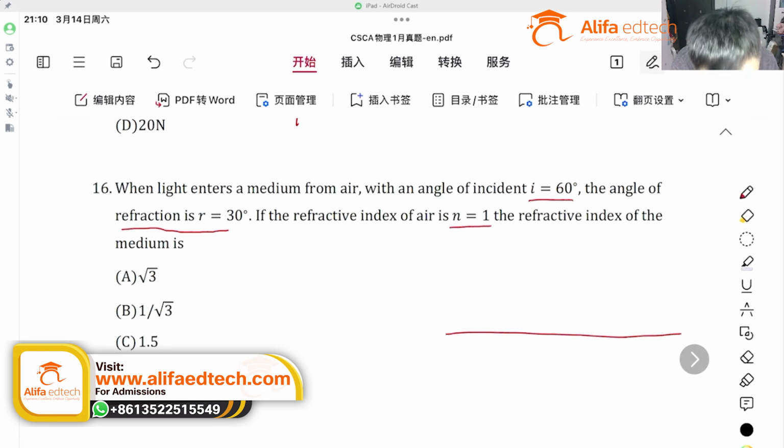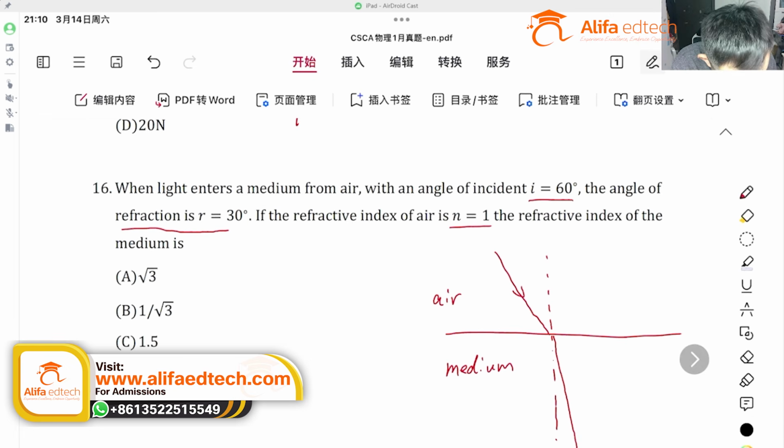Here a light is incident into a medium from L. The incident angle is I and the refractive angle is R. Then use Snell's law, so we can easily know the refractive index of L